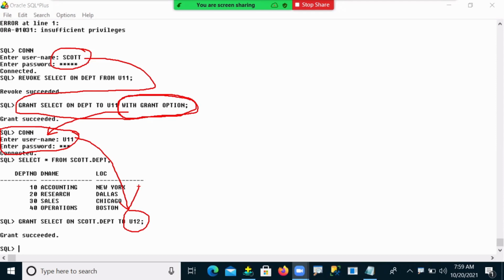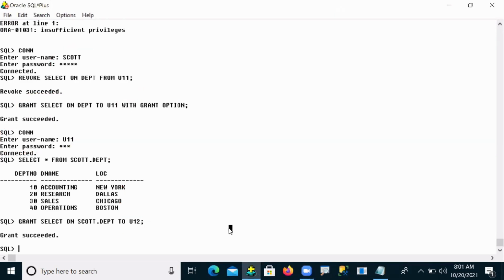So when he took permissions with the grant option from the database administrator, then user 11 also has a right to give the same permissions on the same table to user 12. Understood now?